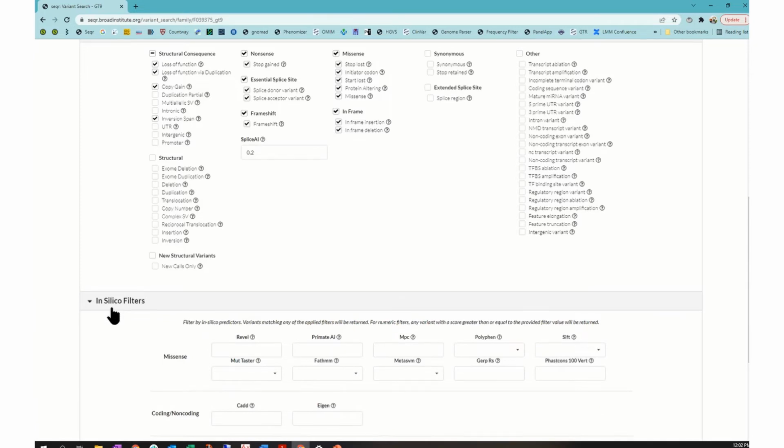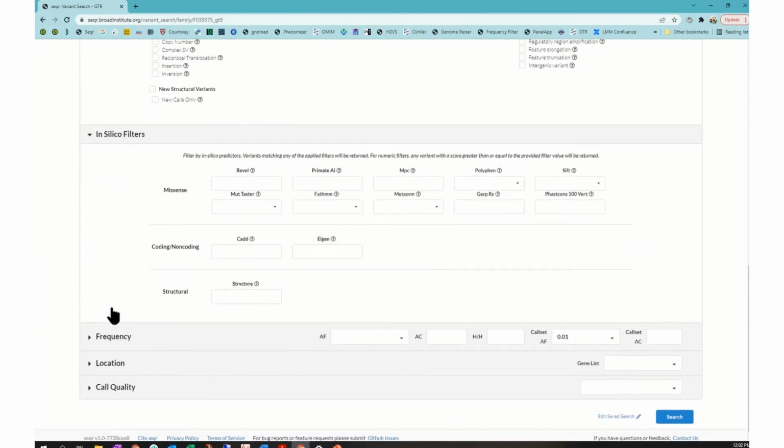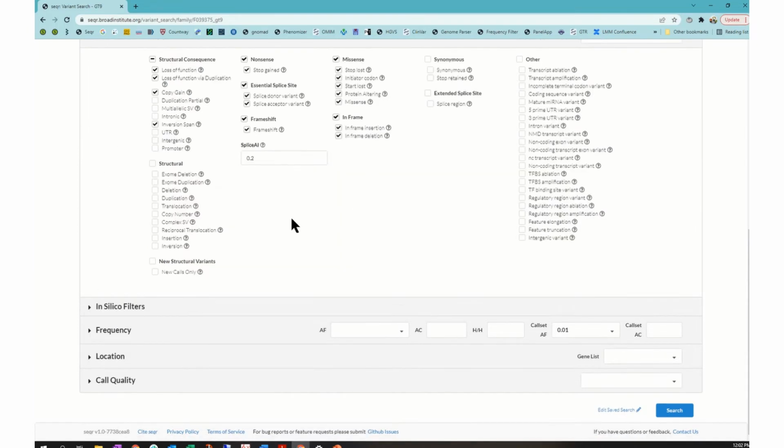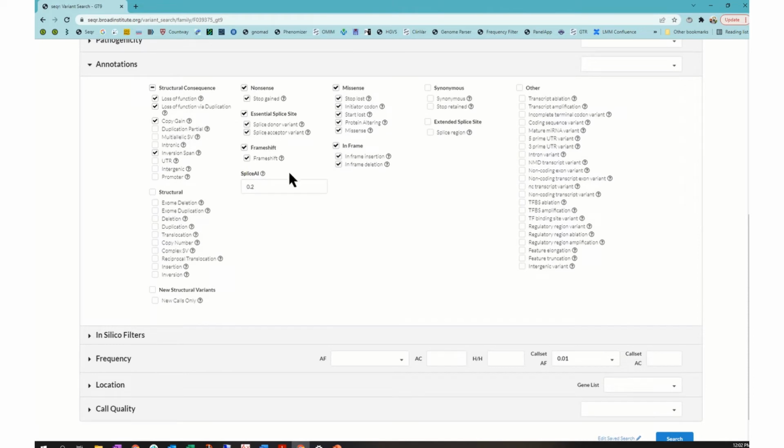There is also the option to filter on in silico predictors. We don't typically use this, but it's nice that it's a feature for anyone interested. I also should have pointed out in this annotation section, one of the in silico predictors, SpliceAI, we have worked into this section. We find that SpliceAI is a predictor for